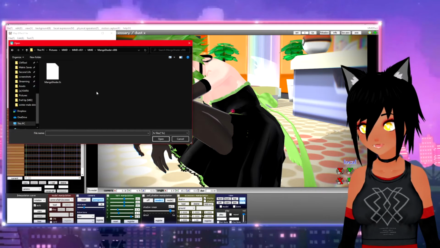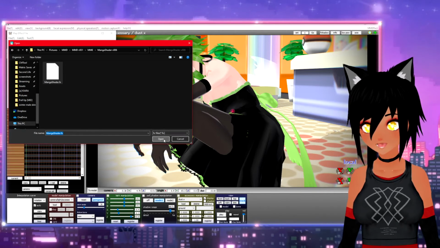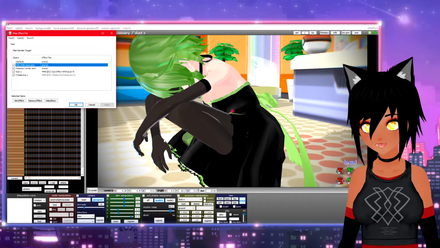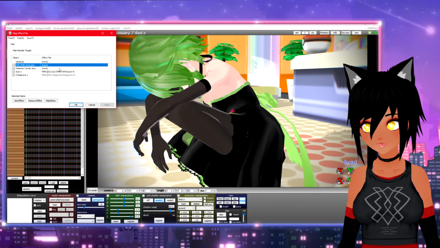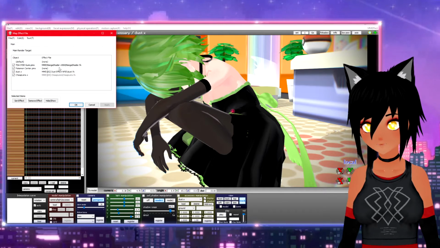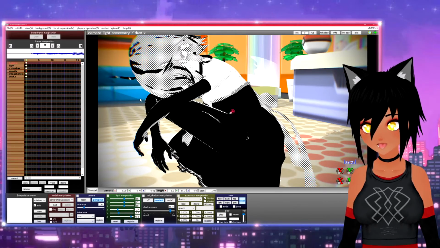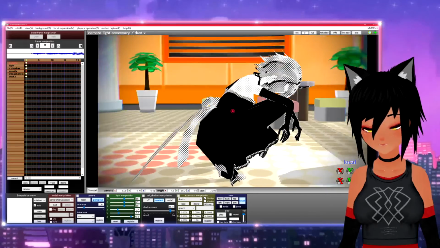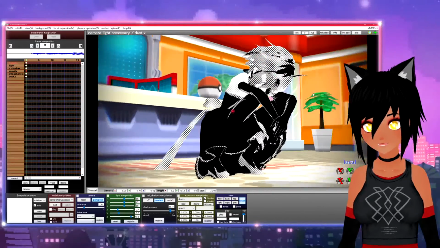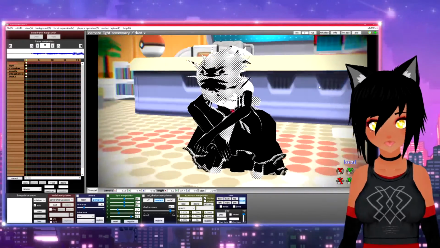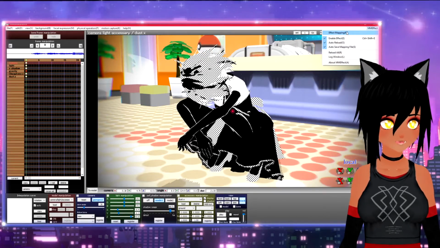And like a manga shader. Let's try this. There's all kinds of crazy stuff. Let's see if it'll apply this. There we go. I click apply and okay, and look at that. Now she's straight out of a comic book. And you can do all kinds of crazy stuff.